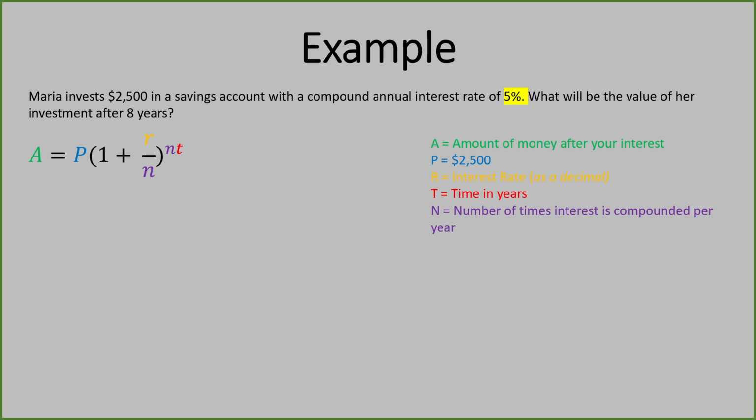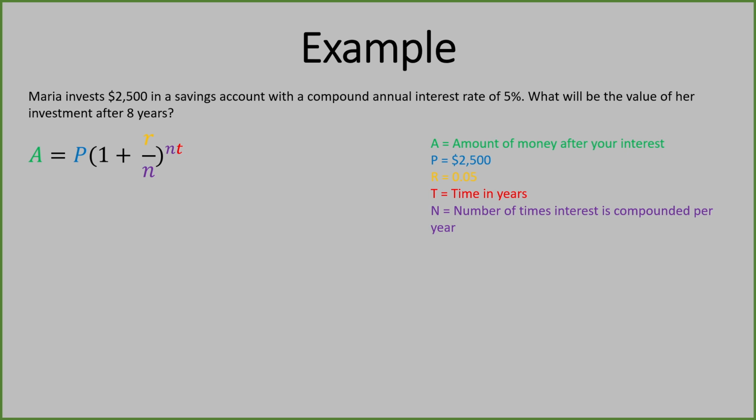Pretty straightforward. Now, let's read the question to find out what our interest rate will be. We see that it's been identified as 5%. So we'll just jot down that 5% as our R, but we have to be extra careful to write down that 5% as a decimal. When we convert 5% to a decimal, we get 0.05. Perfect. That'll be our R value.